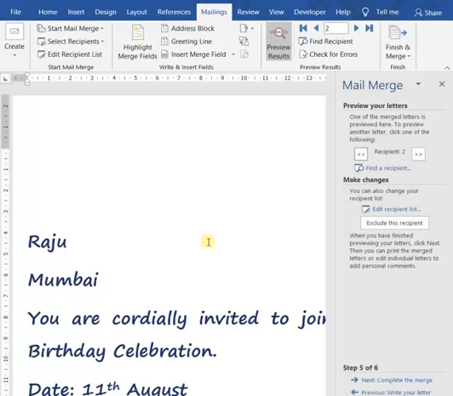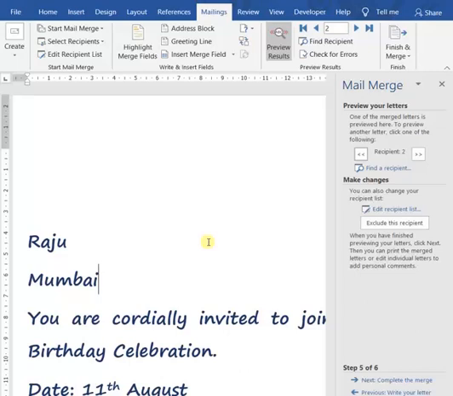So I have taken 3 contacts from the data source. For that reason, MailMerge automatically copies the single main document into 3 documents. It copies the main document 3 times, and for each separate document, it merges with one entry from the data source.